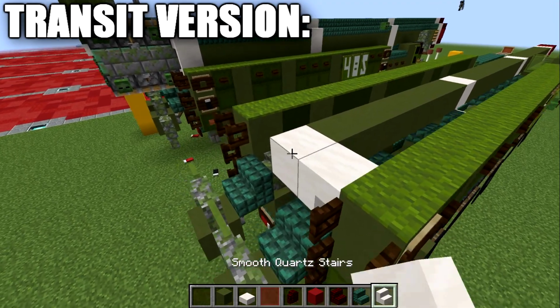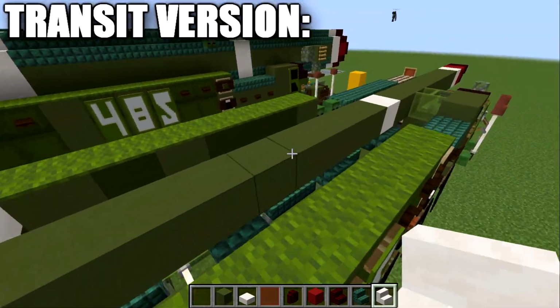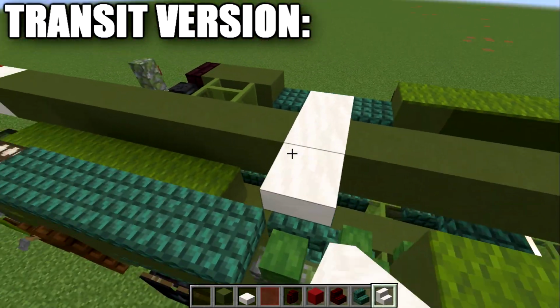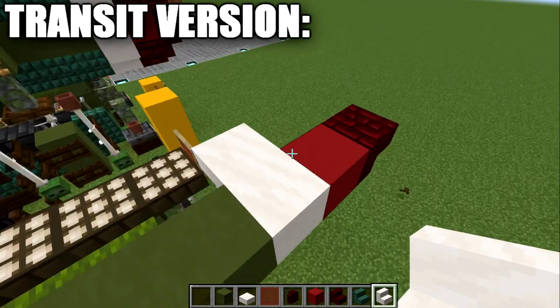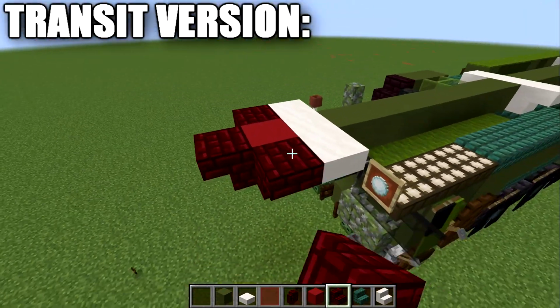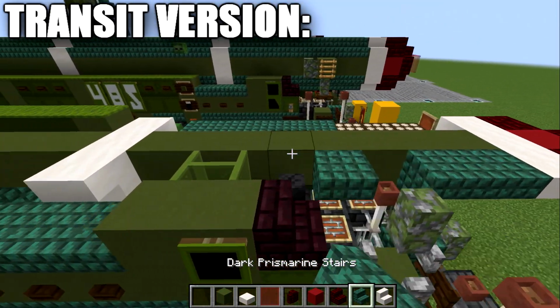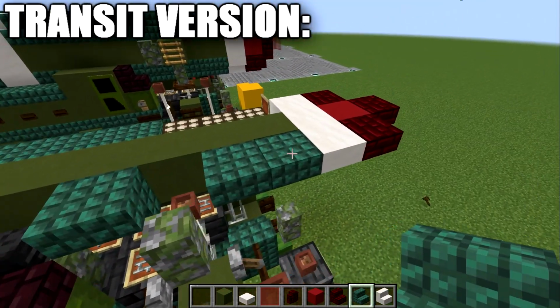We're going to place down a quartz upside down stair on each side of our quartz full blocks, and we're going to do that all the way like that. On the side of our red concrete, we're going to do the same thing, a red nether brick upside down stair. And then in the space between our quartz upside down stairs, we're going to place down our upside down